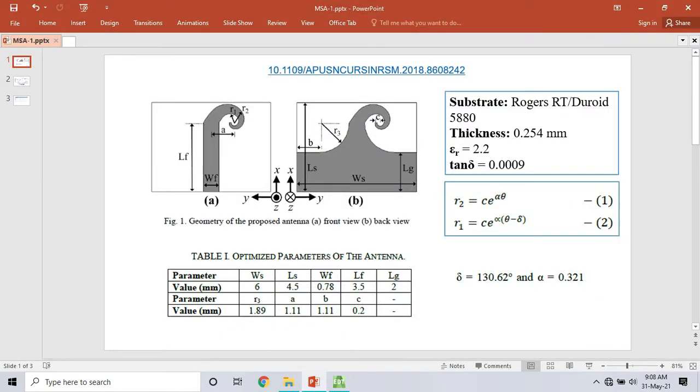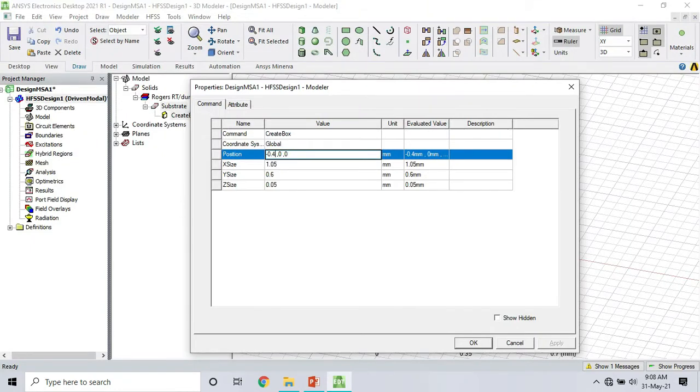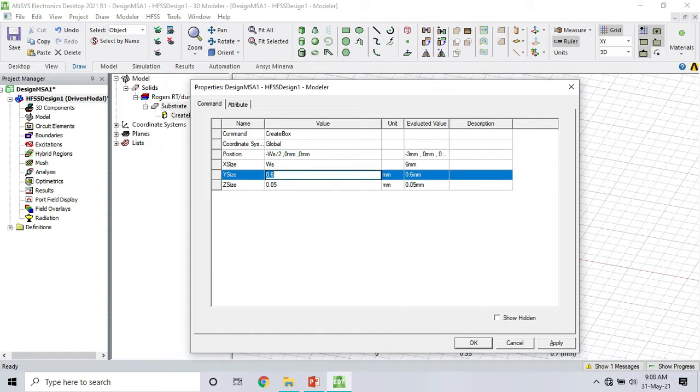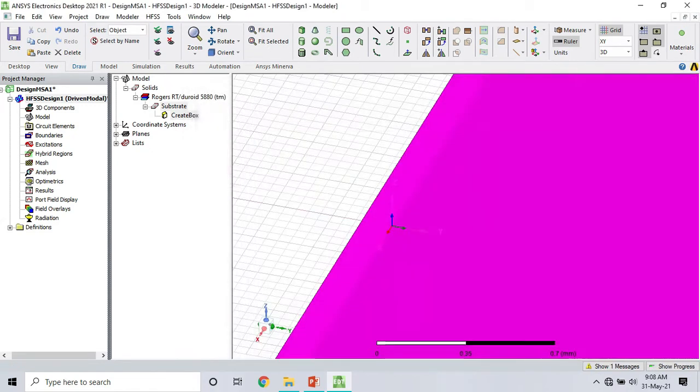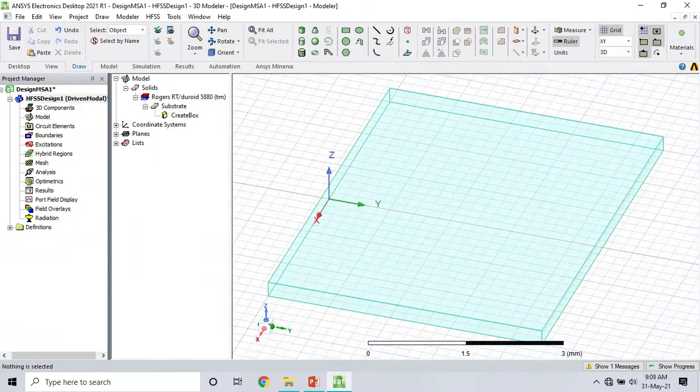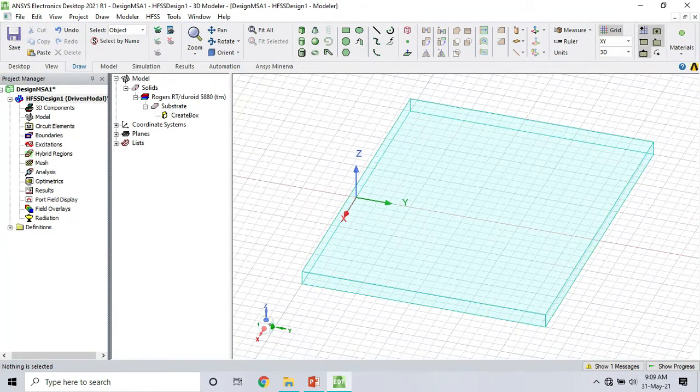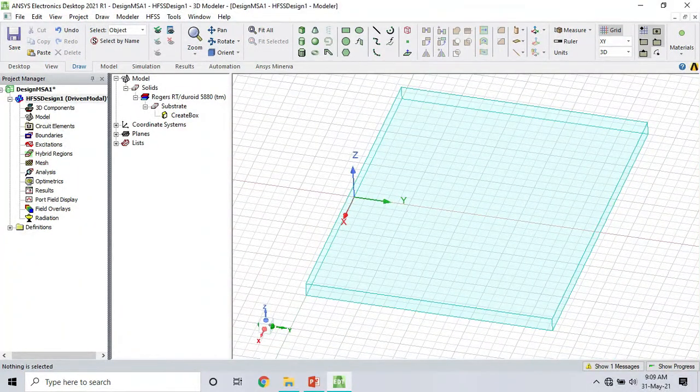Okay, coming to dimensions, the substrate has dimensions WS and LS. I like to keep the width along x-axis, so it will be minus WS by 2, and along y-axis let's keep them as it is. WS, this is LS, and height is H. Okay, apply it. Press Ctrl D so that it fits in the window, or you can click here, fit all. Everything will be inside the window. I don't want this ruler, so I can hide it. So our substrate is fine, I think. Let's save it, because it's a good habit to save in between.